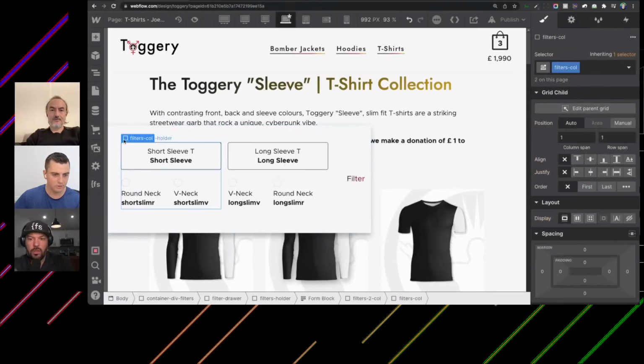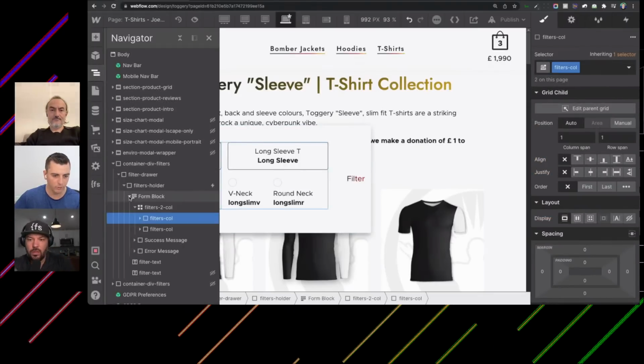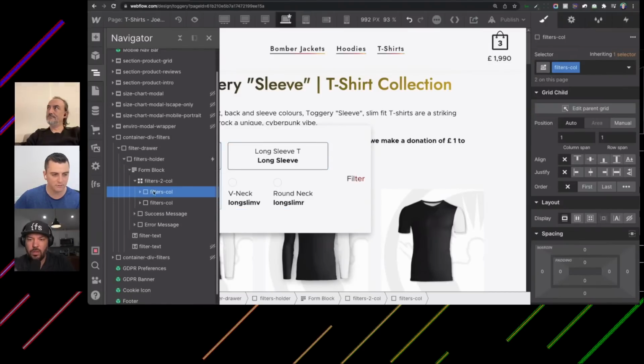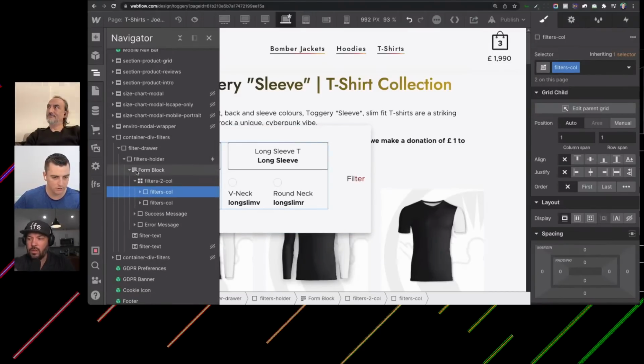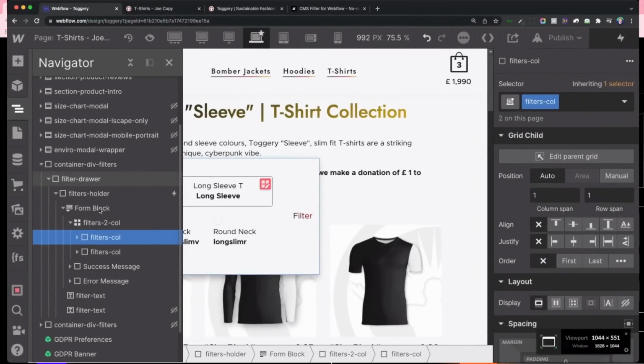I'm going to grab this whole form block. So this is the finished product of what we were just trying to do. I'll zoom in a little bit more here for you. We have our